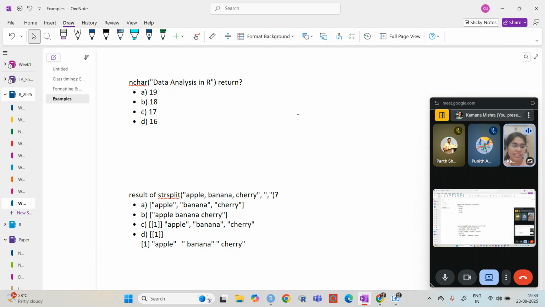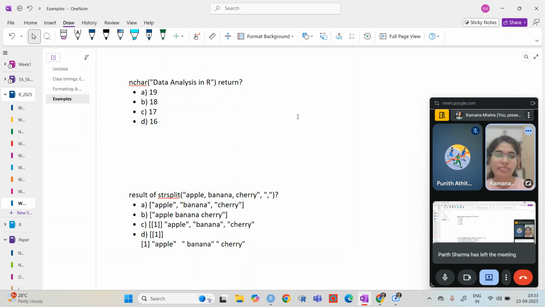Okay, basically, I don't think you are even listening, because that is very easy. All you need to do is counting. If you are not giving the answer, that means I'm considering that you are not in the class. So now "data" is 4. Then the space, then "analysis": 1, 2, 3, 4, 5, 6, 7, 8, right?